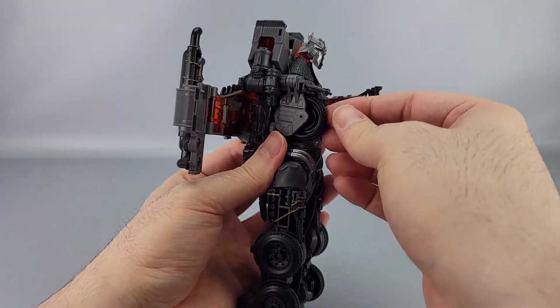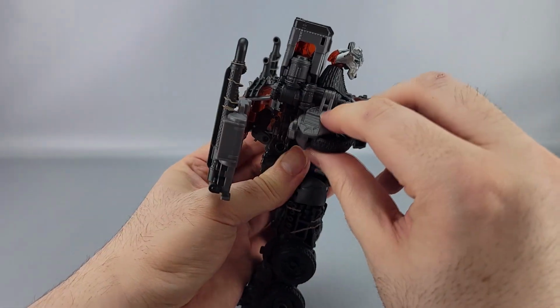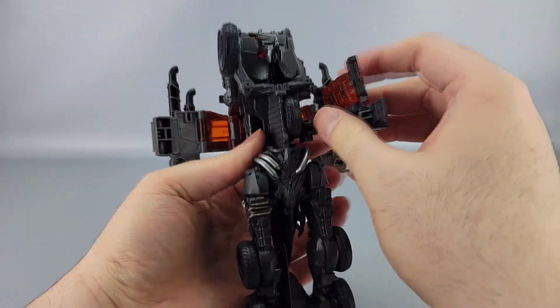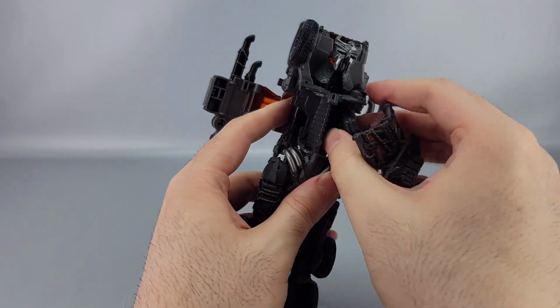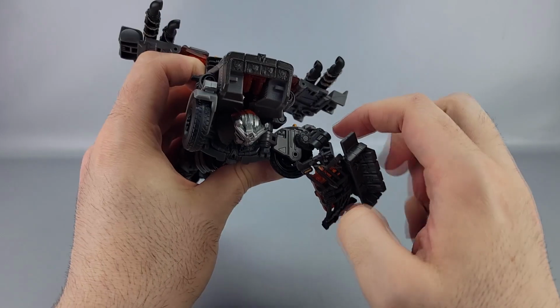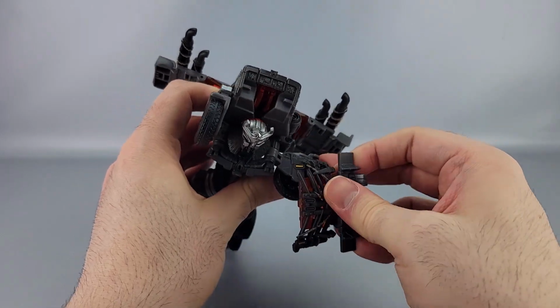And take this wheel right here. You want to untab that and bring that around. And this tab right here will tab into the side right here like this. And then this piece right here, this one you untab and you bring it around. But this is on a rotation and multiple hinges. You want to rotate this around and